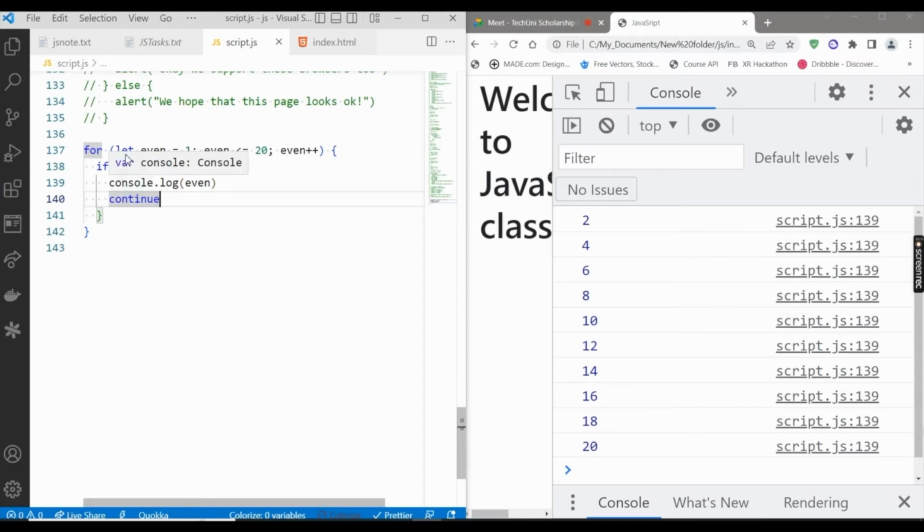So it will first of all come here for 1. Okay, let me just start with 2 so that we will not waste our time. Now for this 2, it will check if 2 is less than 20, which is true. Then it will now come inside the block. Now we say that if even, which is 2 now, modulo 2 is equal to 0,